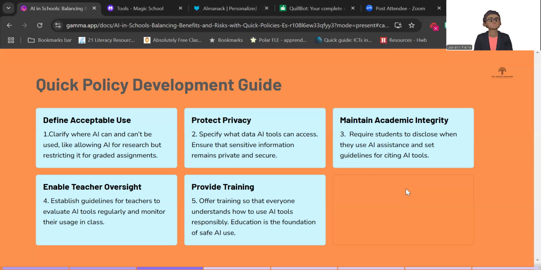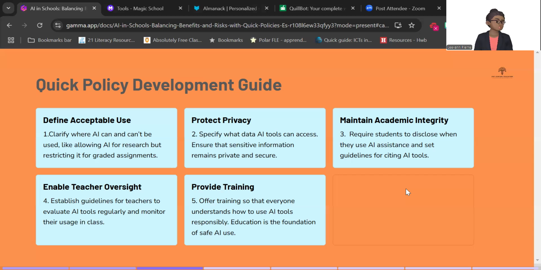Oftentimes, a lot of assumptions are made that persons are aware of the correct way to use AI, or that they're aware of the risk in using AI. And it is very important, especially as AI continues to develop rapidly, that we understand that education is really the foundation of using AI safely.